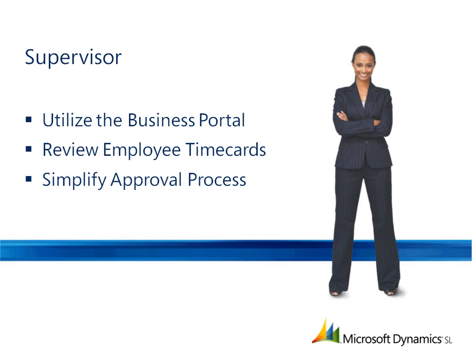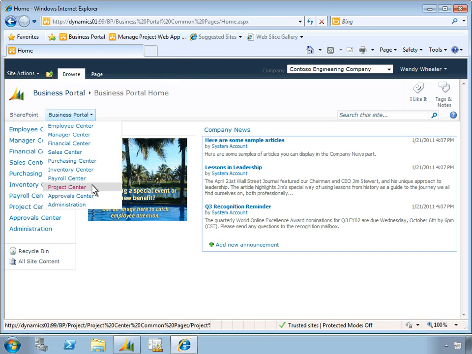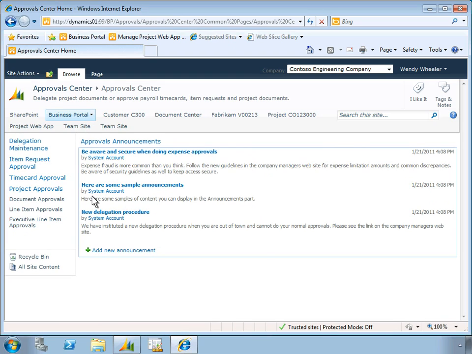Now let's switch roles again and see how a supervisor would use the Microsoft Dynamics SL Business Portal to review and approve employee time cards. This is the Business Portal page of a supervisor. Because project managers work on many different projects throughout the week, their time cards have a lot of line items